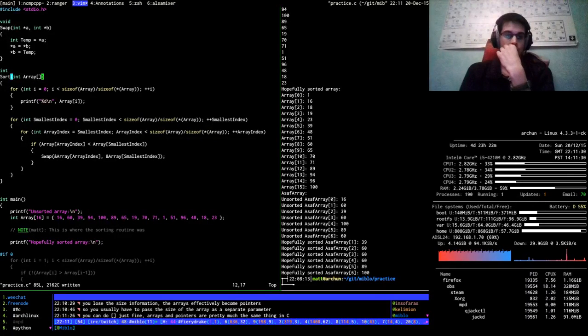I can do that just fine. Arrays and pointers are pretty much the same thing in C. Alright. The size of that will work differently. Right, okay.